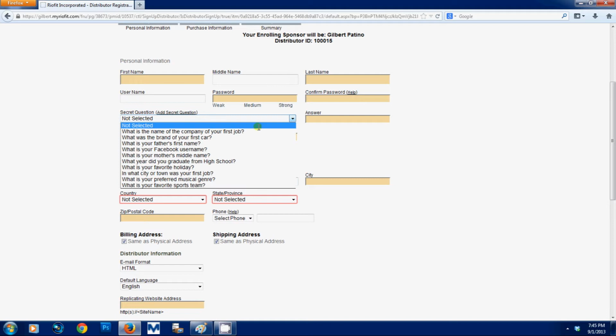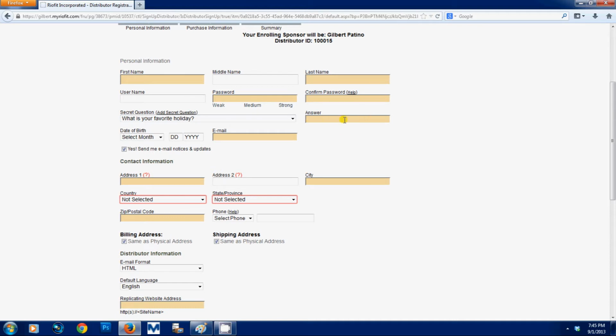And over here we have secret questions in case they forget their password. They'll ask them something that they might remember. So for example, we can choose what is your favorite holiday, and then they would type in over here Christmas or Halloween, and they can choose their birth date. Make sure you type it how it asks you to,